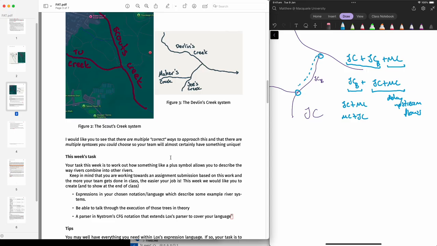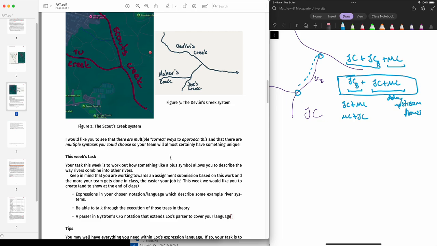So if you were to delay upstream flows, you must include a syntax that allows you to separate upstream from downstream. And the plus probably, we can see we've kind of got it here in the plus. We could probably jam it on top of the plus where the left-hand side of the plus is the downstream and the right-hand side of the plus is the upstream. But it's no longer such a perfect fit for us anymore because we're used to plus being able to get swapped around. So the suggestion I've given in my solutions, which I can see some teams heading towards, is that